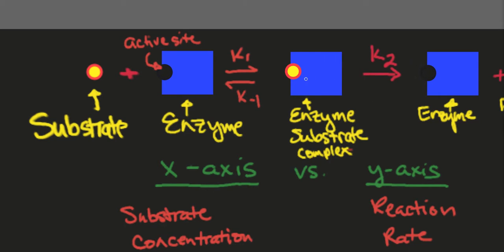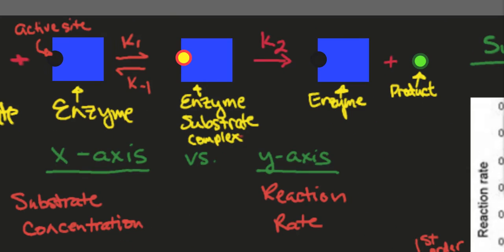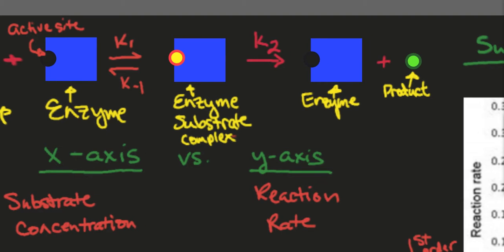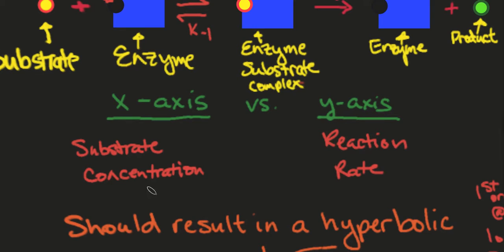And it can either dissociate by going back to the initial reactants of substrate and enzyme, or it can undergo the desired transformation into a product, and the enzyme will just go back to its native state, wait for another substrate. Okay? So when we're looking at this interaction and we start to increase the x-axis concentration, the substrate concentration,